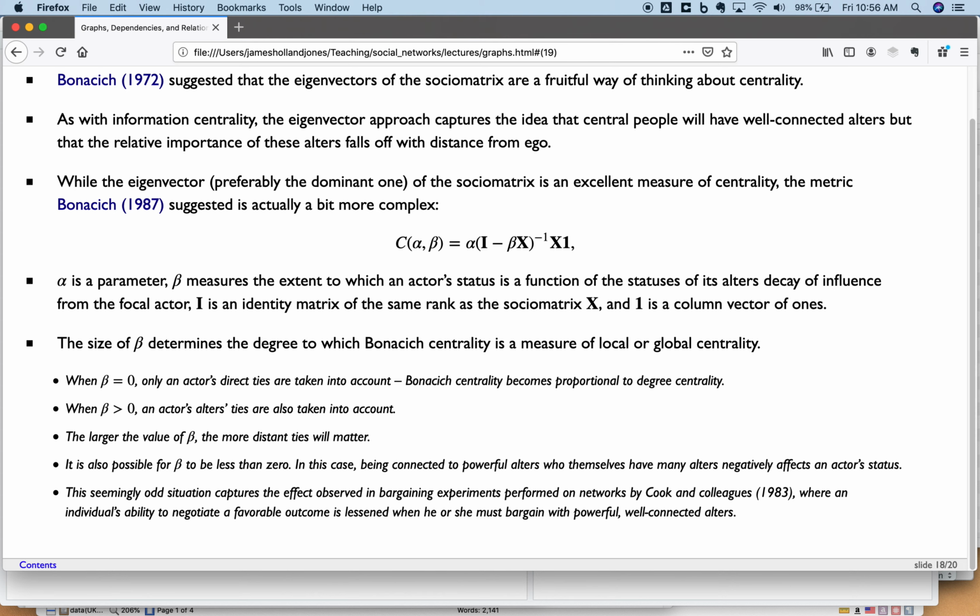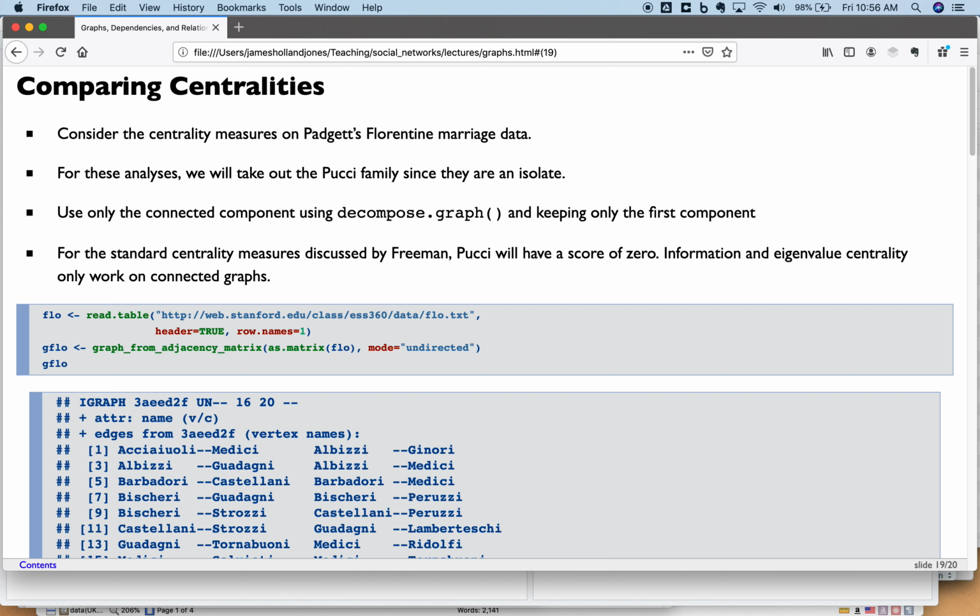We'll do a couple quick calculations to compare these, and we'll use John Padgett's Florentine marriage data. I'll just note that for these analyses, we'll take out the Pucci family since they're an isolate. And we'll use only the connected component using decompose.graph and keeping only the first component. For the standard centrality measures discussed by Freeman, Pucci will have a score of 0. And for information and eigenvalue centrality, those measures only work on connected graphs. So we have to just focus on the connected